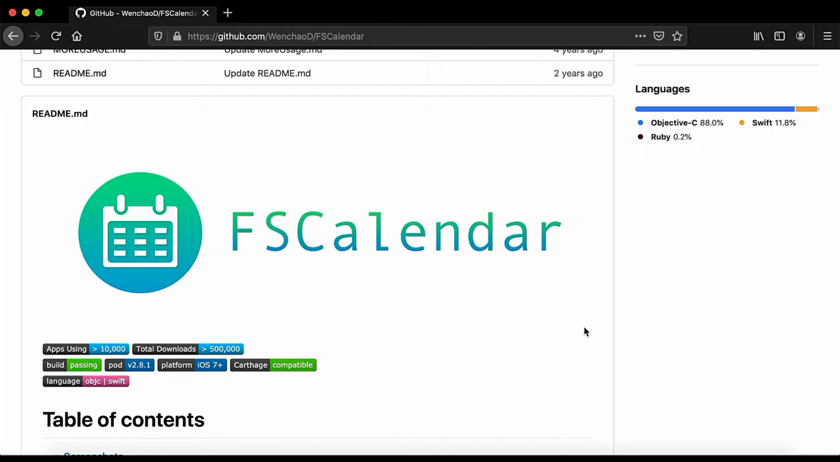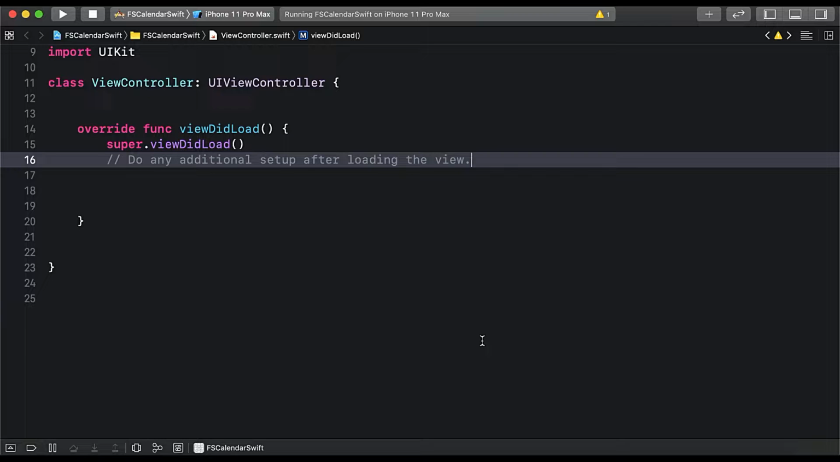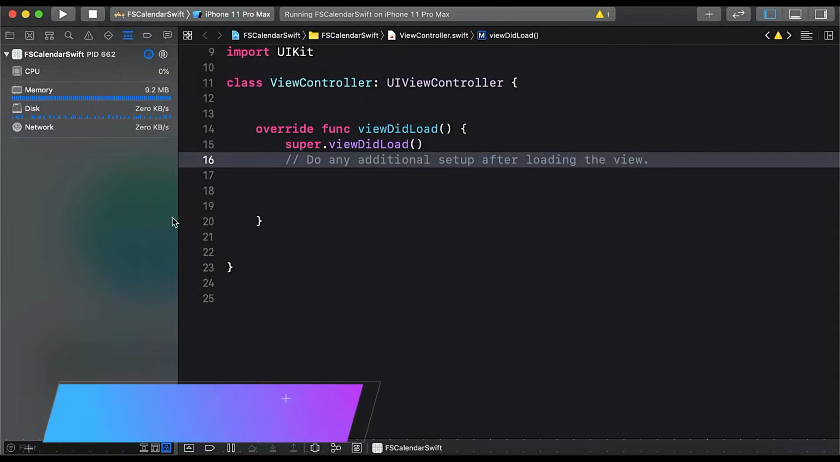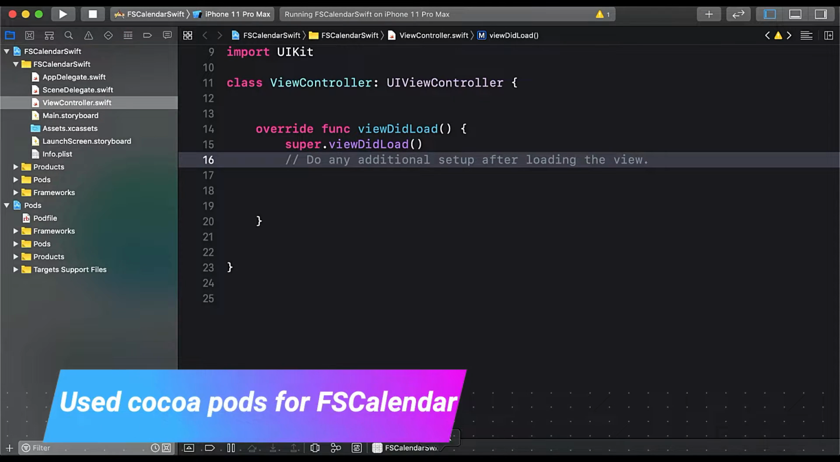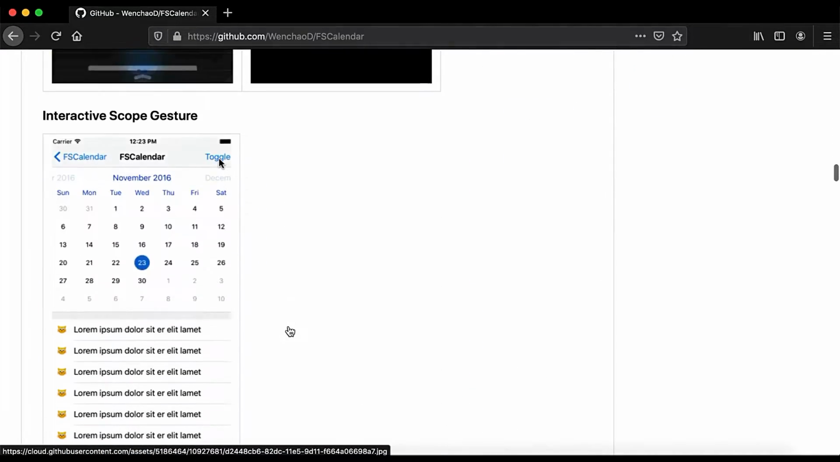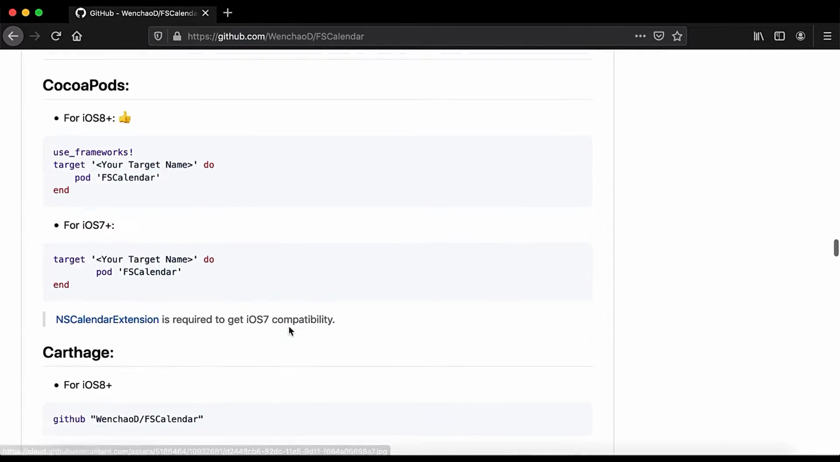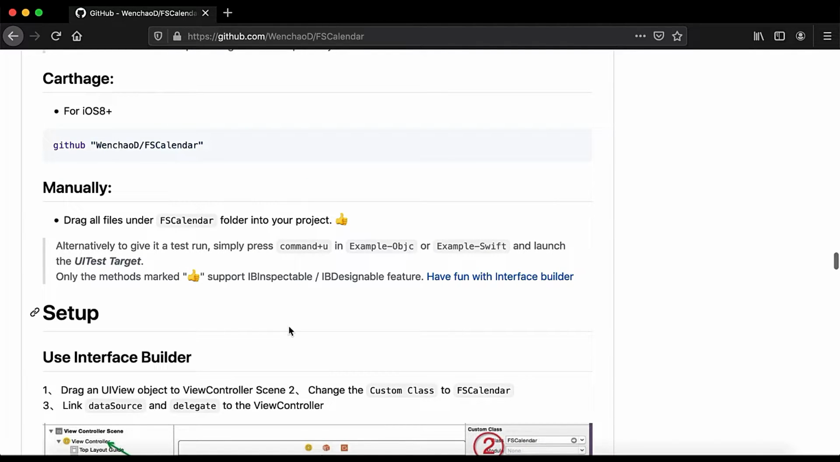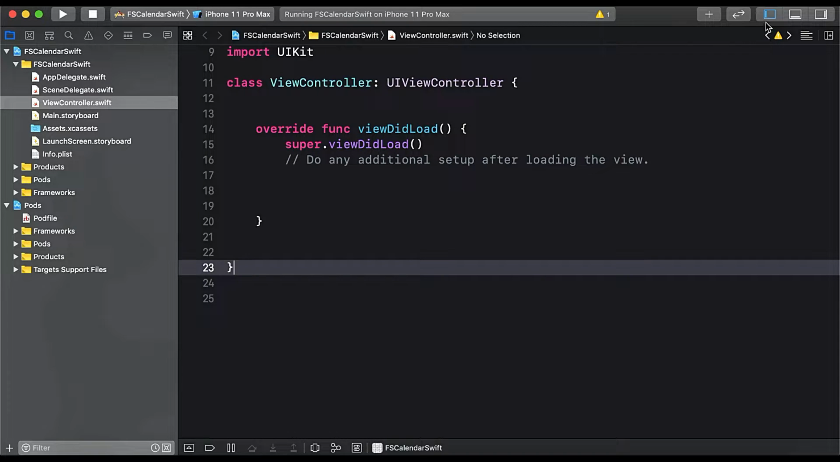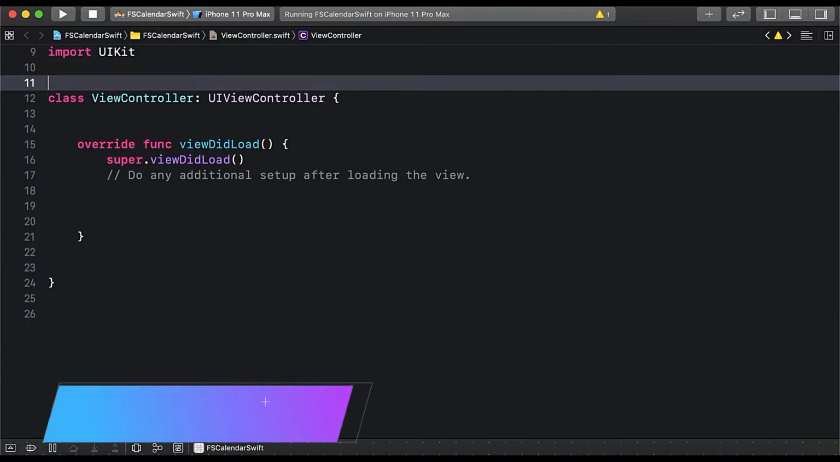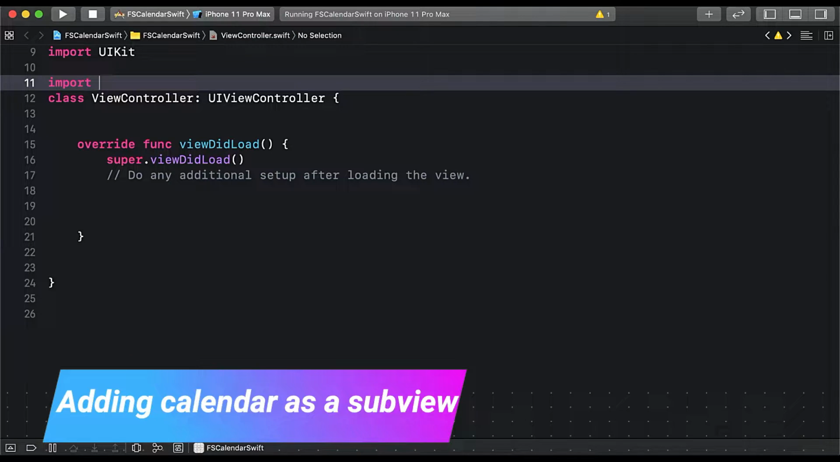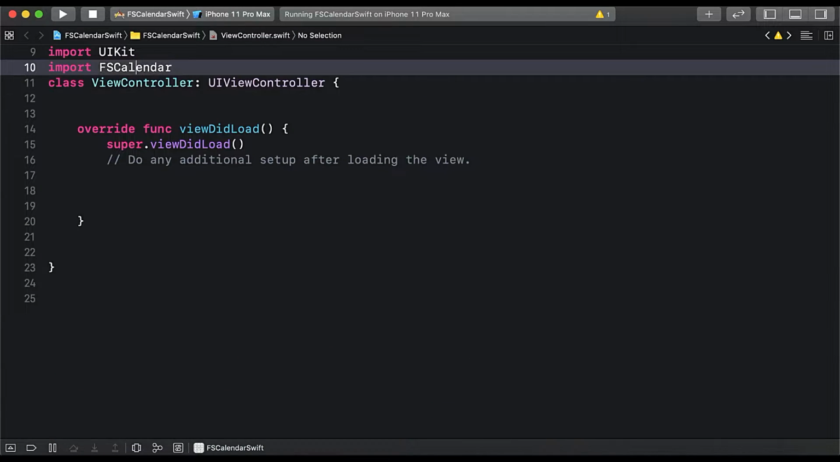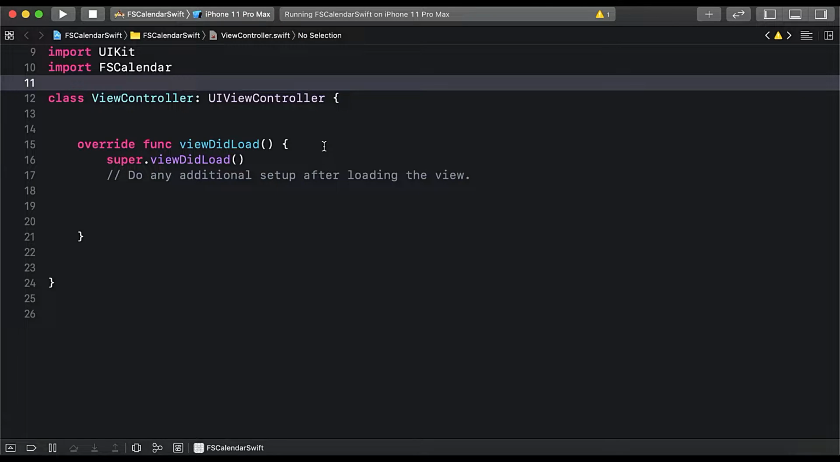So let's start. For this, I already created a project and installed the FSCalendar library using CocoaPods. There are different kinds of installation available, shown on their documentation page. You can use CocoaPods, Carthage, or you can manually set up FSCalendar. First, after installing CocoaPods, we need to import FSCalendar so that we can use FSCalendar